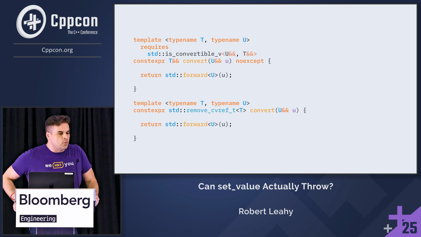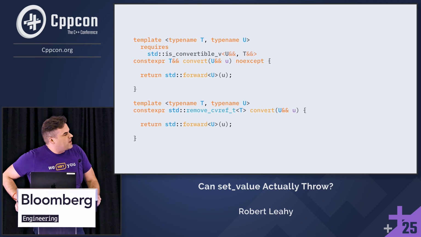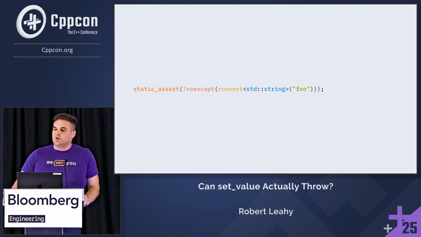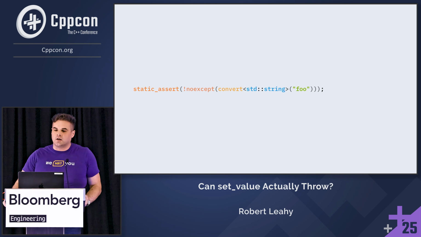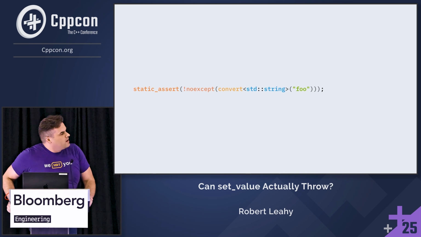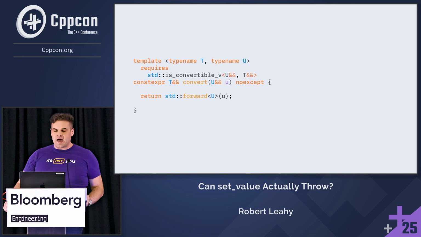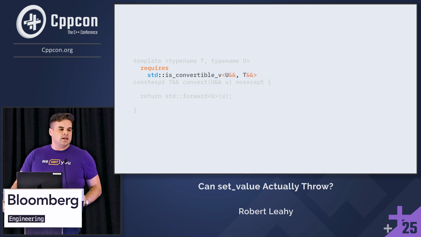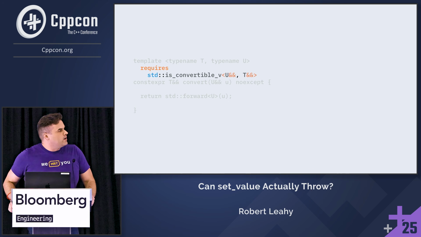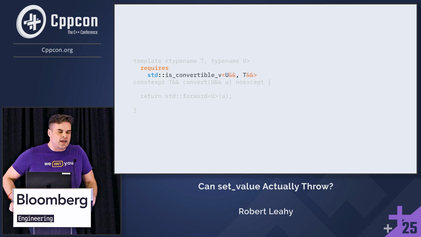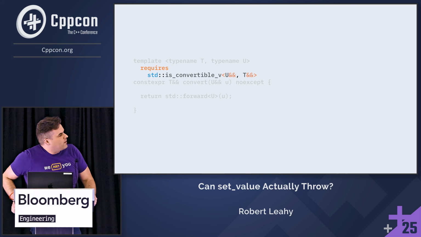Or at least you might be hoodwinked into thinking that, seeing the top one is annotated noexcept and the bottom one is not, until I show you this static_assert and tell you that it actually fires for this implementation. The implementation thinks that converting a null terminated byte string to a std::string can't throw an exception. And the reason for that is because of the constraint on this function. It is erroneous because, of course, you can convert a null terminated byte string to a std::string rvalue reference. It will, of course, immediately dangle, and that conversion can throw an exception despite what the function says.